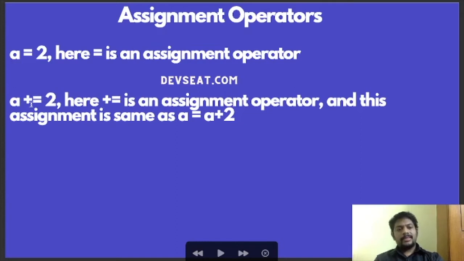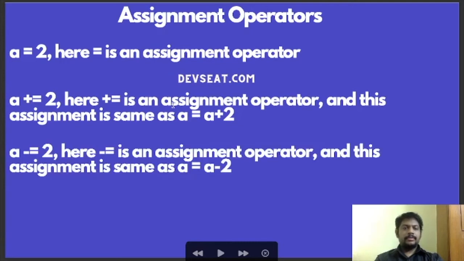Here plus equal to is an assignment operator, and this assignment is the same as a equal to a plus 2. So you can say a equal to a plus 2 or a plus equal to 2, both are the same, and plus equal to is also an assignment operator.